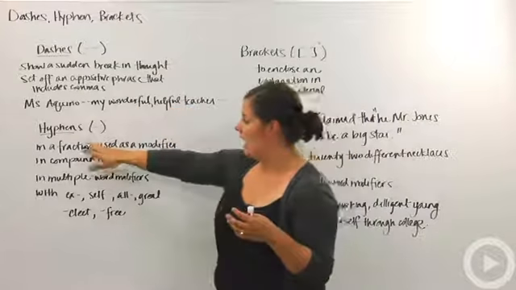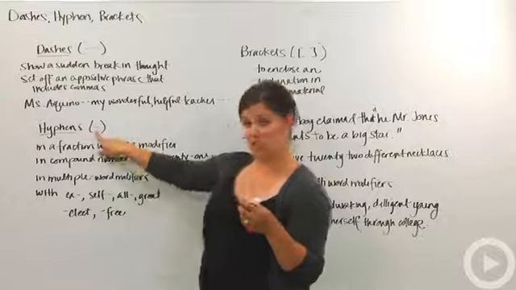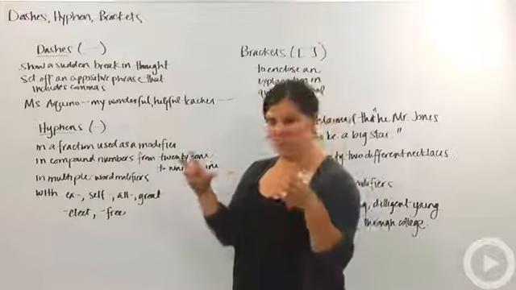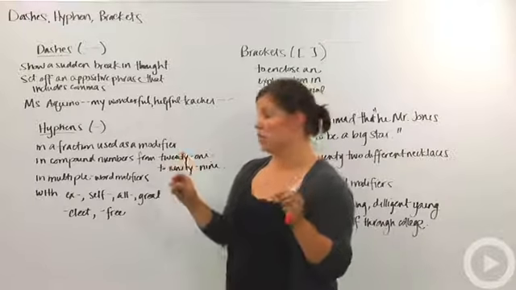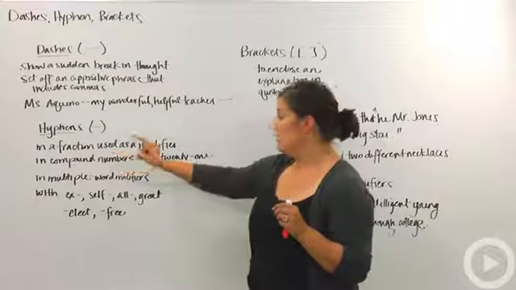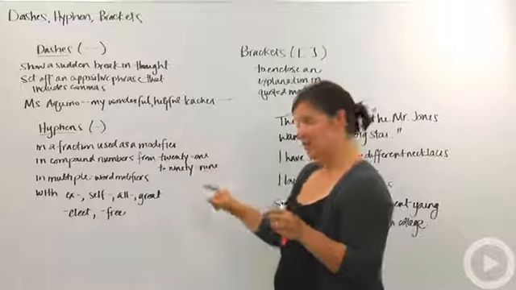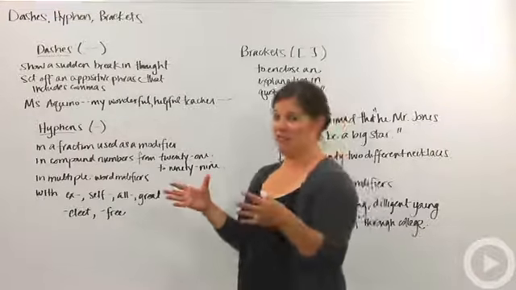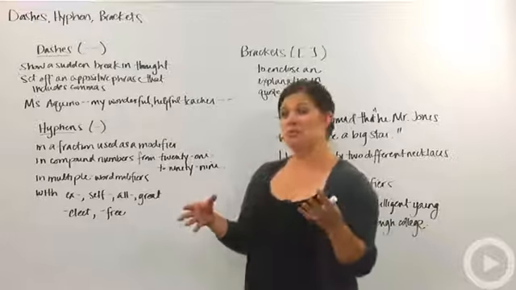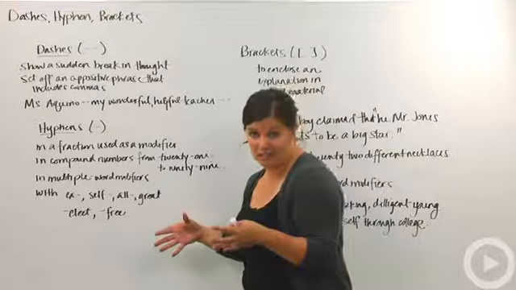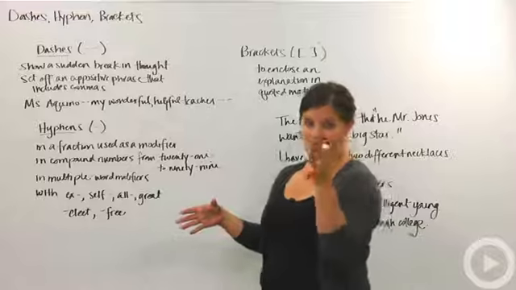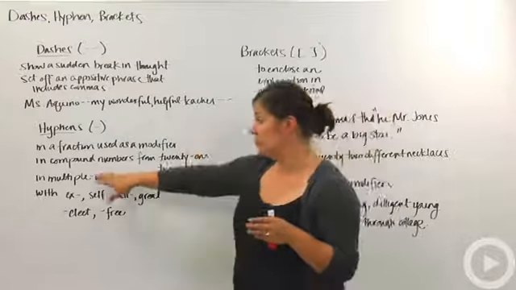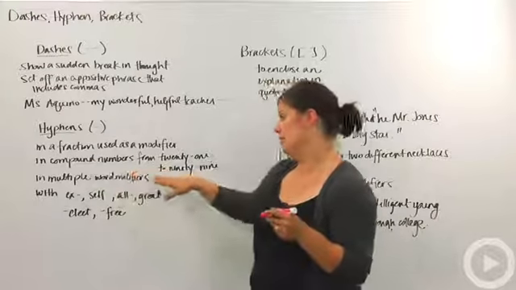All right? Hyphens are similar to dashes, only it's just one dash mark. And what you use those for are some very specific, minute details, but we want to make sure we get them right. You use them in a fraction used as a modifier. So this is one of those quirks of the English language. You're not always going to use them when you write out a fraction like 1/3, but if you say, I ate 1/3 of the pizza, then you're going to want to say one-third. So for a fraction used as a modifier,